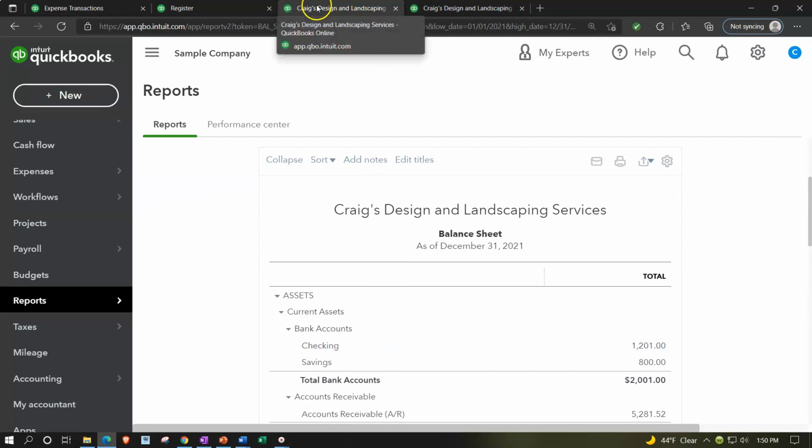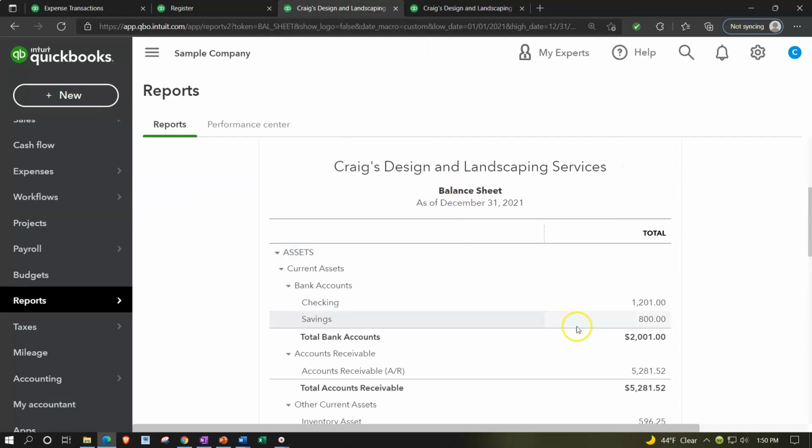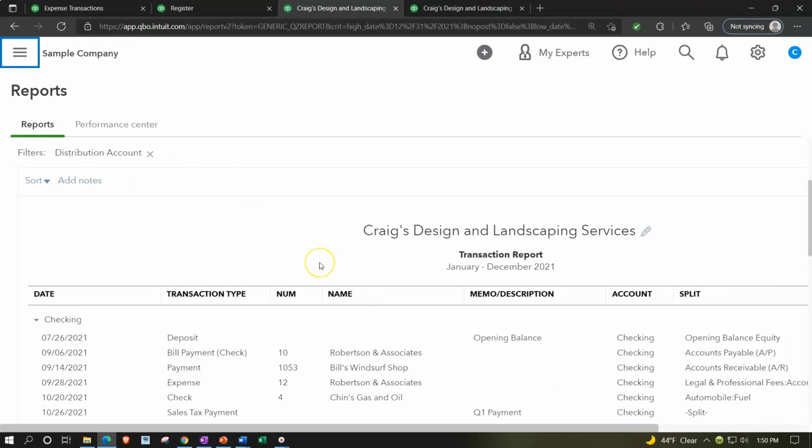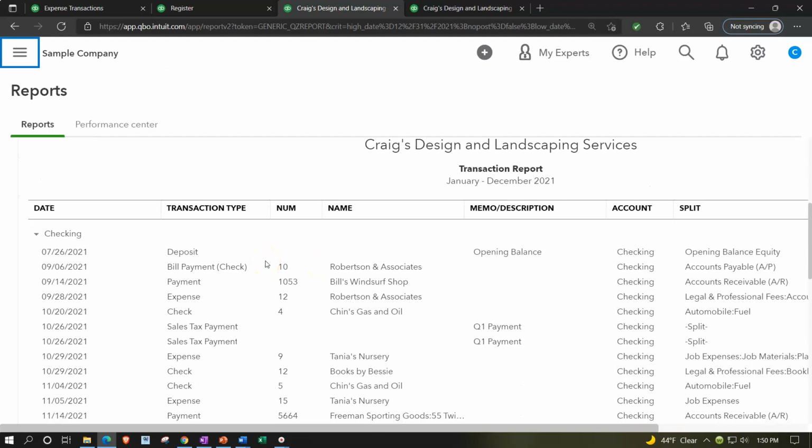So that's on the third tab over. We're now in the balance sheet, and I can try to get the detail in the checking account, which is the same kind of detail. It's going to be kind of a general ledger. So if I click on that, it takes me into what I would call, from an accounting standpoint, a general ledger. If I close the hamburger up top,